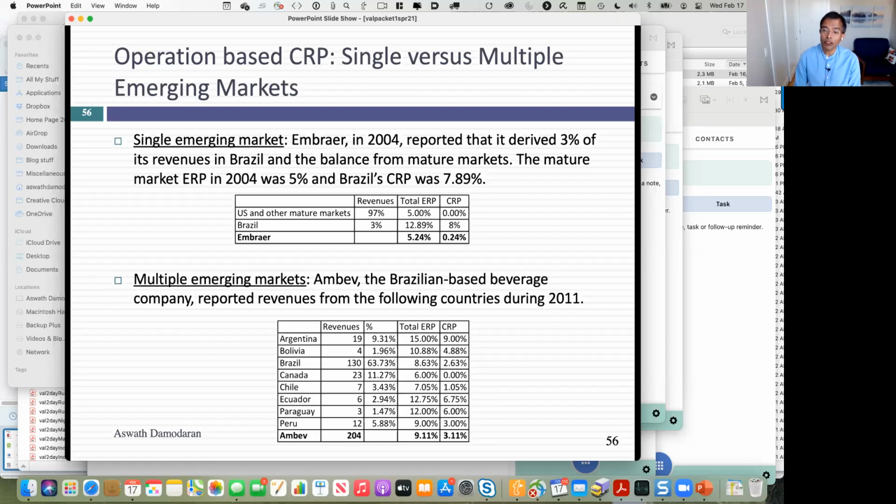You take Ambev, which at that time was primarily a Brazil-based beverage company getting its revenues across Latin America. I'd use the same principle. You ask me, what equity risk premium would I use for Ambev? I'm using the revenue weights based on where they sell their beer, and I take a weighted average based on revenues. There are 2 advantages of using revenues.